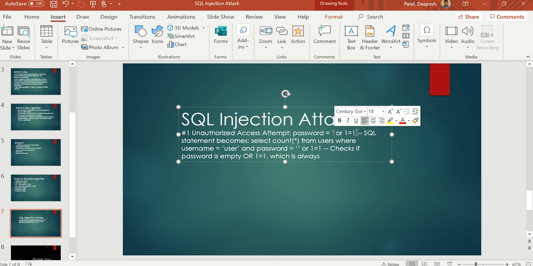So for your information, I want to tell you one more thing: SQL works completely over true or false statements. It requires a complete value as true or false. So SQL works over the true or false condition. When we get any of the strings where we ask for the username equals to user and password equals to password,